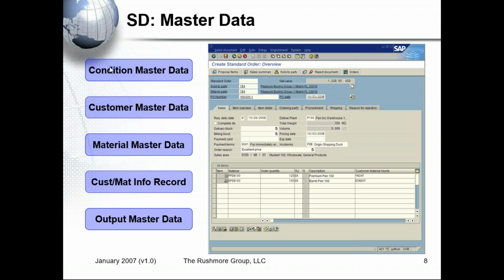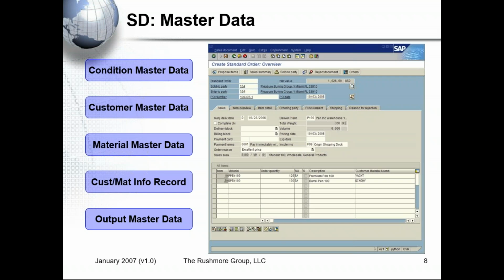So one is the condition master for the pricing, to determine the price by the system. If you want the system to calculate the price automatically, if you want the SAP system to identify the price for a product automatically, what do you need to do? You have to create a price master, a condition price master, in the system. If you create it one time, that's it. Every time you create a sales order, the system goes back to your record and gets the price